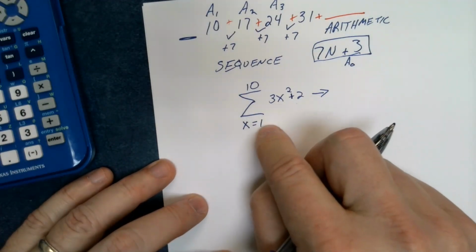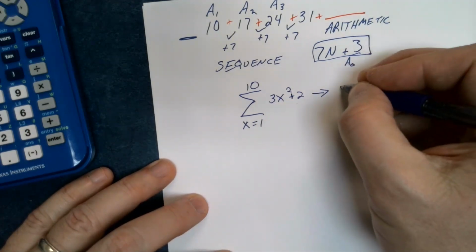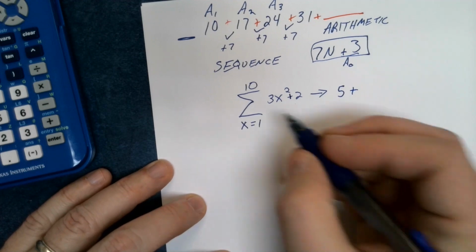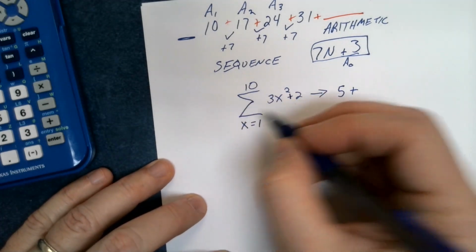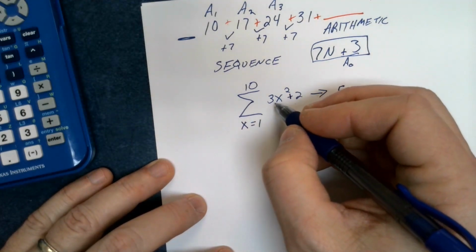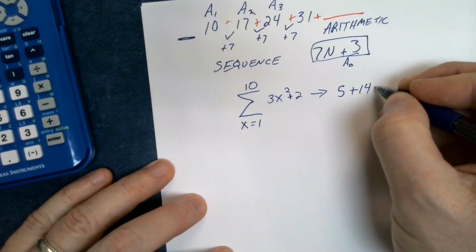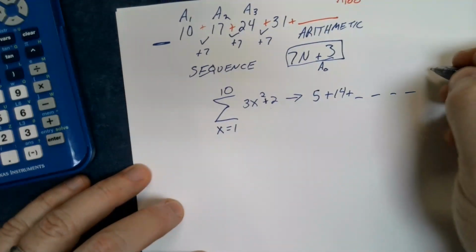So for instance, if I plug 1 in, 1 squared is 1 times 3 is 3 plus 2 is 5. So my first term would be 5. And then I plug a 2 in, because I'm going up. All of these are always going up by 1s when we use this sigma thing. So I plug a 2 in, 2 squared is 4, times 3 is 12, plus 2 is 14. And I would keep going up with this all the way up through the 10th